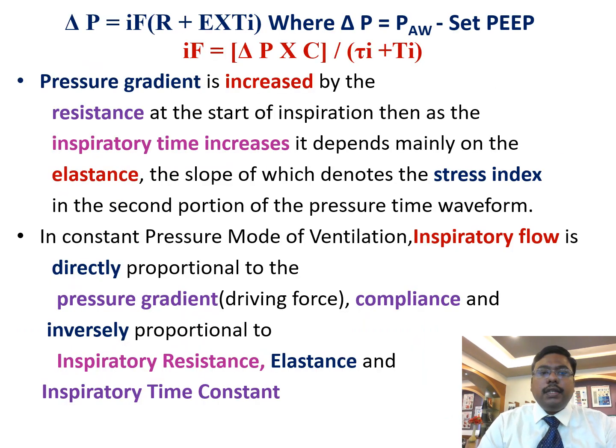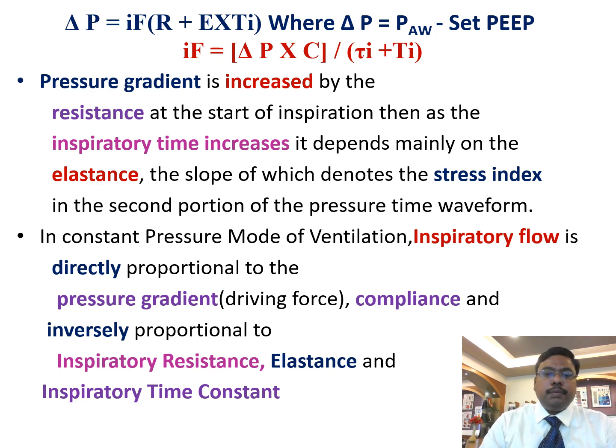And pressure gradient is increased by the resistance at the start of inspiration. Then as the inspiratory time increases, it depends mainly on the elastance, the slope of which denotes the stress index in the second portion of the pressure time waveform. So delta P is equal to inspiratory flow times the bracket resistance plus elastance times inspiratory time. So using this relation,